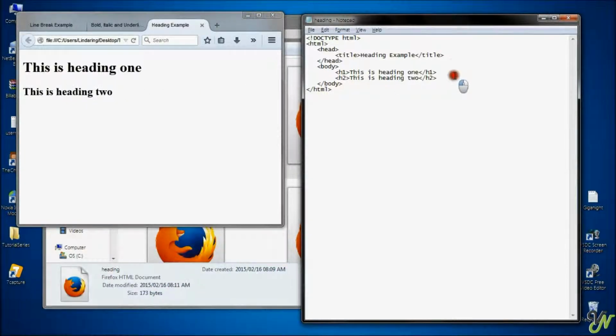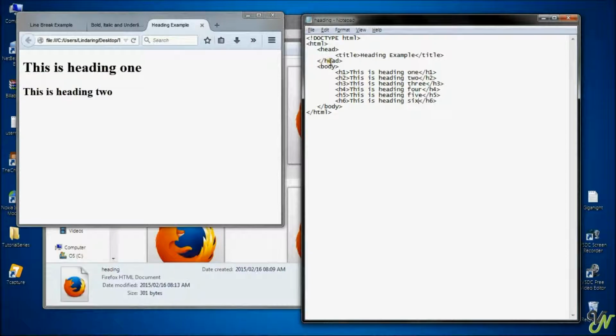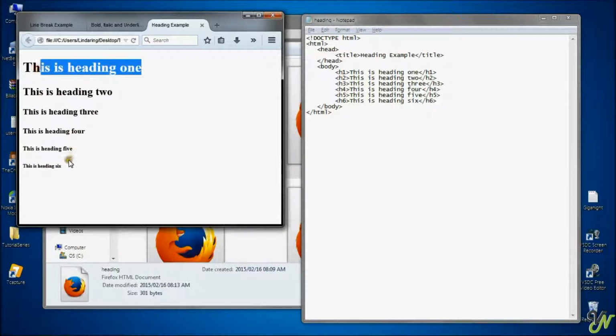So I'm going to enter all 6 by copying and pasting this. I'm going to save this once it's done, go to the page, refresh it, and as you can see, we have 6 levels of headings, in which H1 is the biggest, H6 is the smallest, H1 is the most important one, and H6 is the least important one on the page. Now, when I talk about the level of importance, I'm referring to how the search engines will